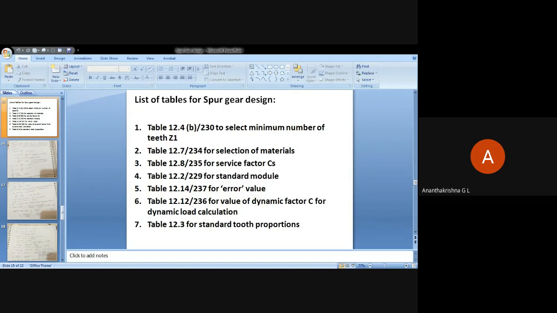You can approximate it to the next higher value of error so that it is applicable to table 12.12, because in table 12.12 what we have is 0.01, 0.02, 0.03, 0.04, 0.06 and so on. If it is more than 0.05, take it as 0.06. If it is closer to 0.04, take it as 0.04. But it is always better to take the higher value of C. Are you all there now?